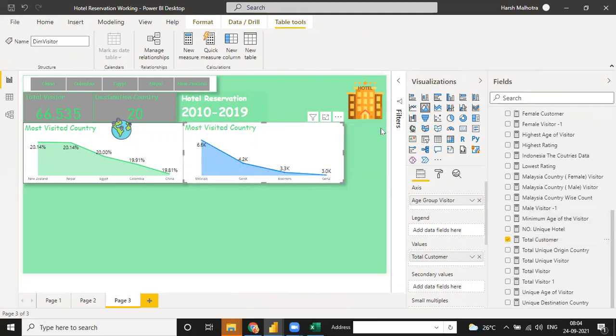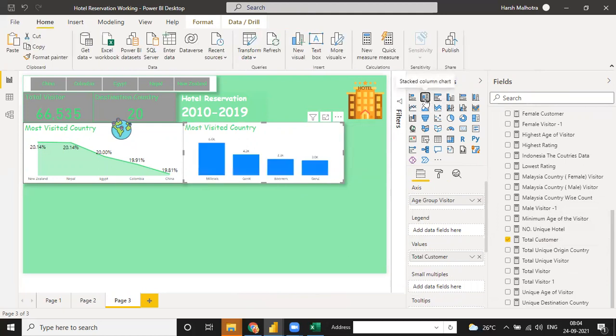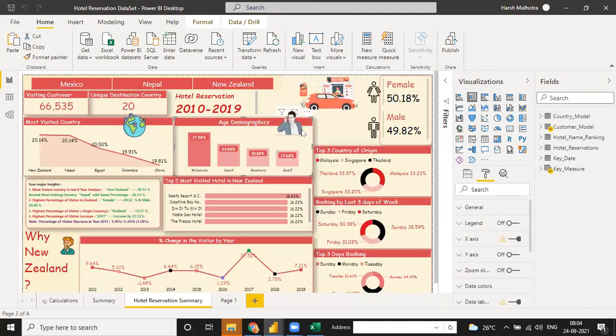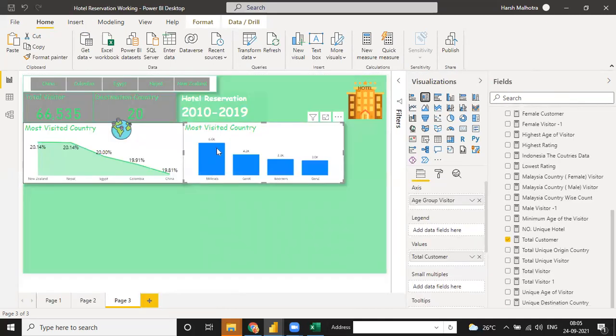And now you can change the format. Format means you can change either this one, stacked column. See, this one is okay right now. And this value you see is a number, but I don't need a number. So you can just click on this, show value as percentage. If you need a number, you can just click on percentage or click on this, that simple thing. So see, formatting is done.